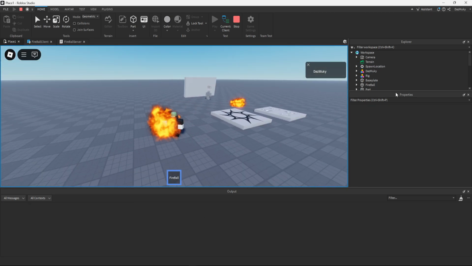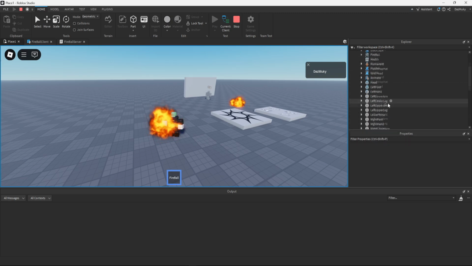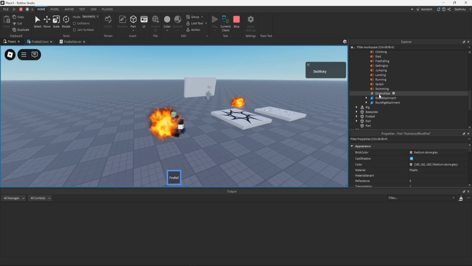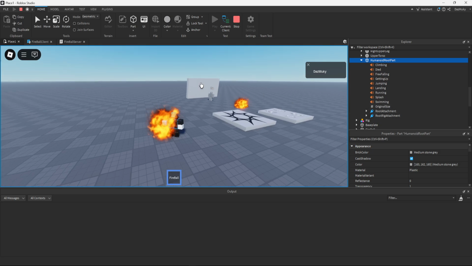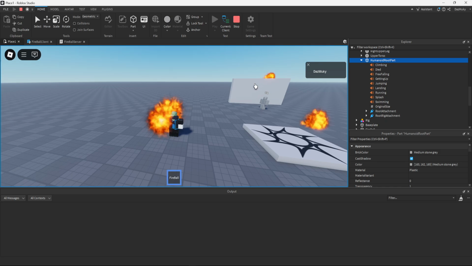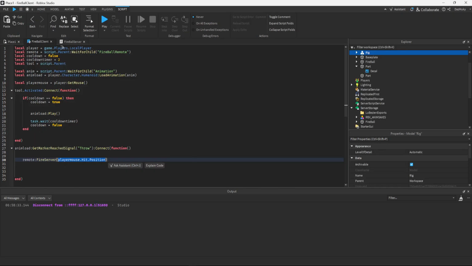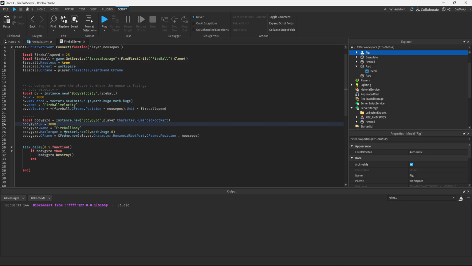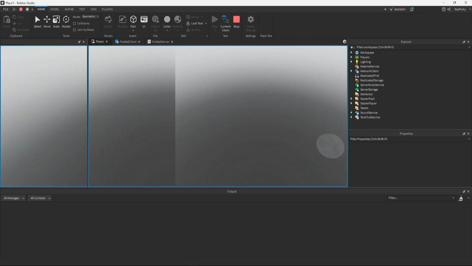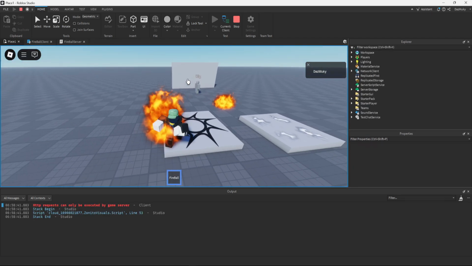So if I quickly open up the player, humanoid root part, we should see the body gyro show up here. So if I click, yeah, the body gyro showed up. It's not fast enough, so I'm probably going to have to up the power on it. So if we do something like 3000 times 3, we'll try that. It might be a bit too powerful, but